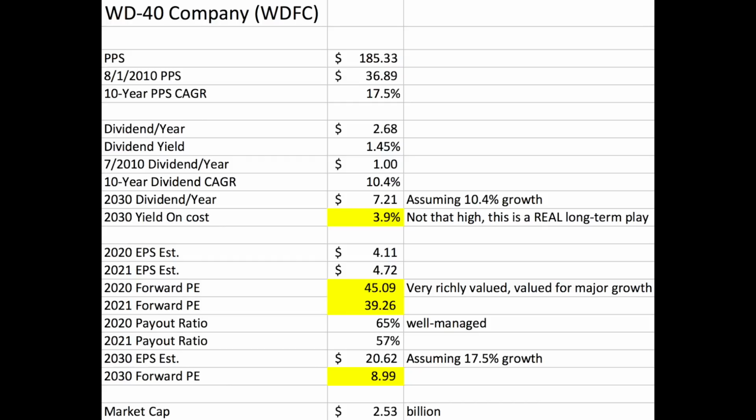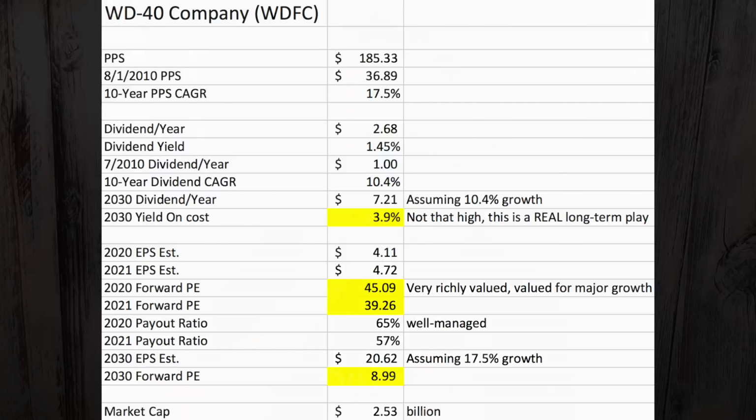And so if the dividend in 2030 is $7.21, and I take the $7.21 and divide it by the share price now, which is $185.33, the yield on cost in about 10 years one could expect to be about 3.9%. The reason I highlight it is it's still not that high. So even after holding this stock for, say, 10 years, WD-40 company, yielding about 4%,